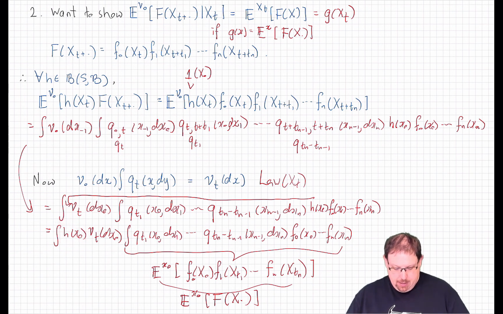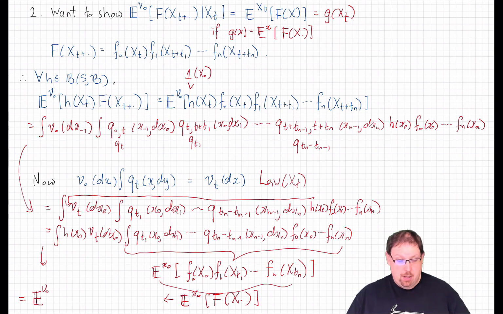of x naught times this function of x naught, the expectation of the process starting at time 0, but with initial point being this variable x naught. And that's all integrated against the law of the process at time t. Well, if we combine those using the change of variables theorem, that says that this is the expected value with